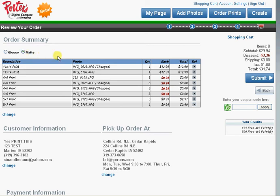If you have a coupon code, you apply it here. Type out the full coupon code and hit apply. If you type it out incorrectly, let's do that. What happens is you get back a warning that says, whoops, invalid coupon code. Make sure you've typed it in correctly. Down here at the bottom